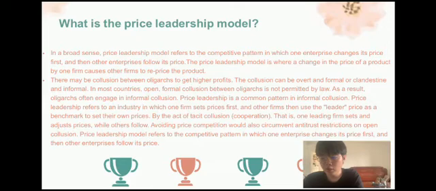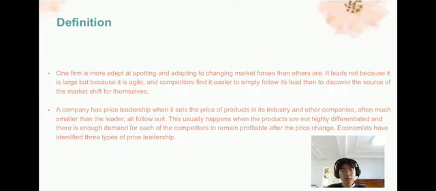The price leadership model refers to the pattern in which one enterprise changes its price first and then other enterprises follow its price. Next, I want to introduce more about the definition of the price leadership model. One firm is more adept at spotting and adapting to changing market forces than others are. It is not because it is large, but because it is agile, and competitors find it easier to follow its lead than to discover the source of the market shift for themselves. A company has price leadership when it sets the price of products in its industry, and other companies, often much smaller than the leader, all follow suit. This usually happens when the products are not highly differentiated and there is enough demand for each of the competitors